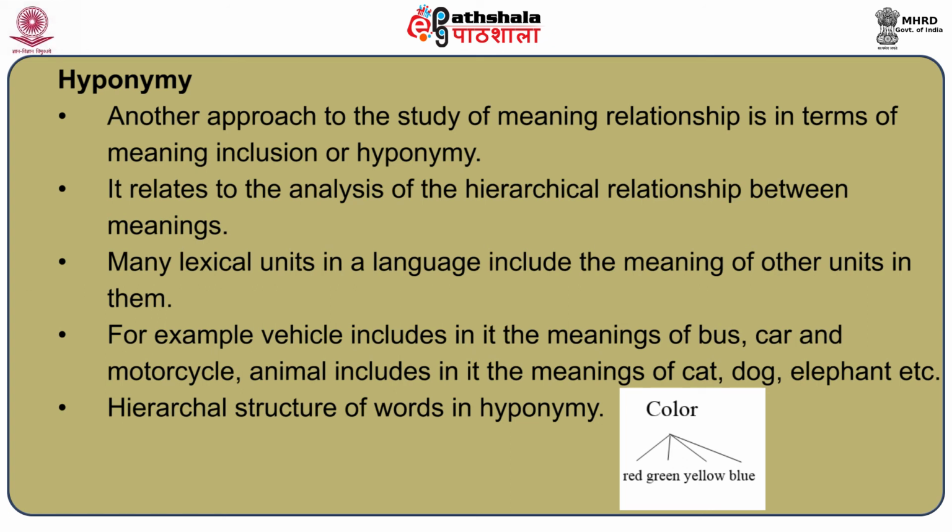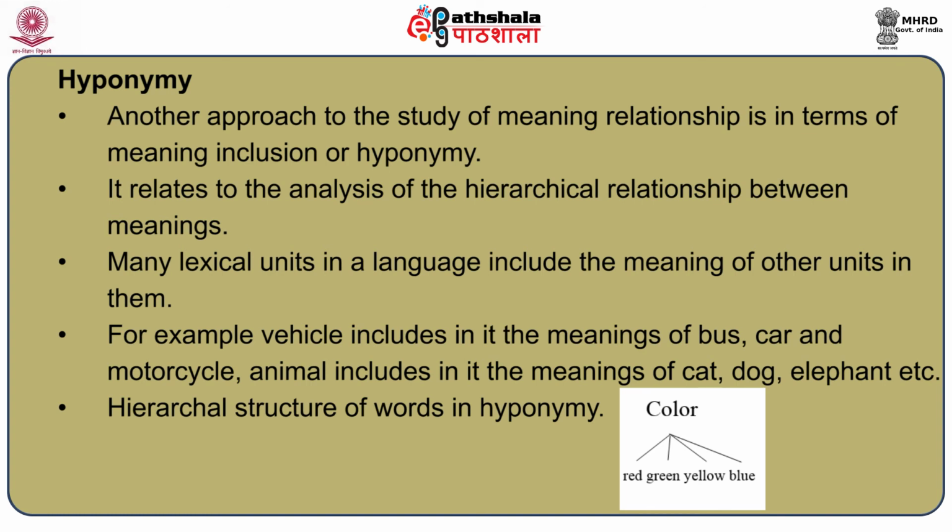The lexical unit whose meaning is included, from the lower rung of the hierarchical structure of meaning, is called a hyponym. The lexical unit in which the meaning is included is the superordinate term, or hypernym, sometimes referred to as a classifier also. The hyponym has some additional meanings which distinguish it from the other classes. For example, dog contains, besides the meaning of animal, also an additional meaning which distinguishes it from other animals like cow, cat, horse, etc. This hierarchical structure can show how a particular word is hierarchically placed.